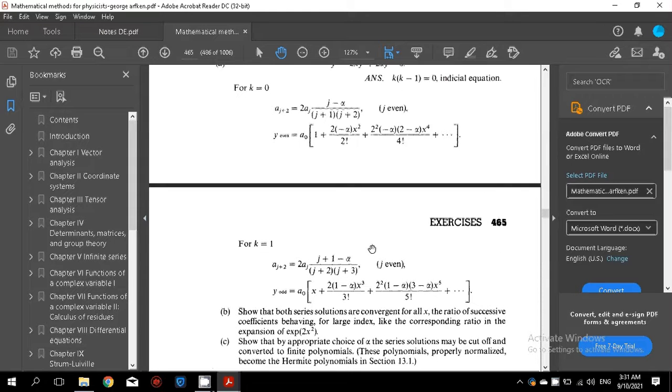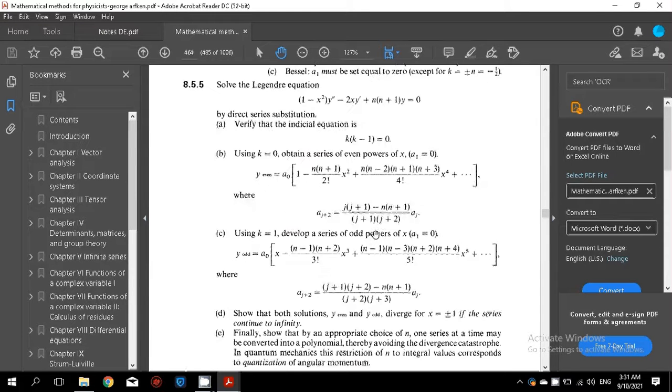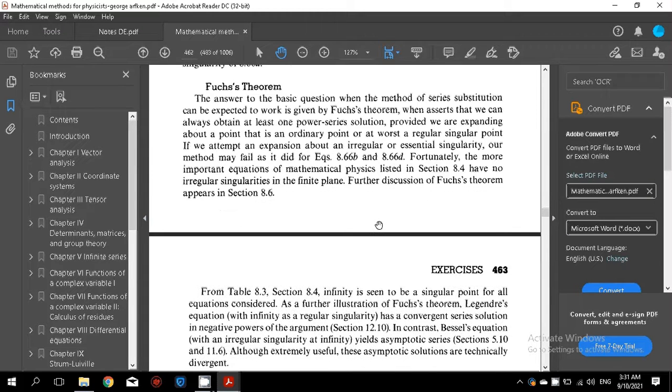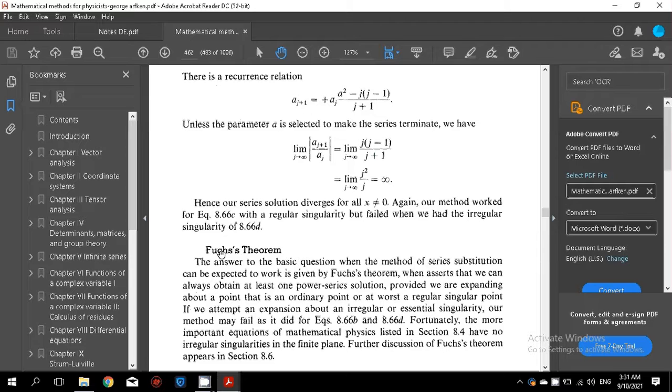You can see these concepts from my notes as well, but let me come to this theorem, Fuchs's Theorem. As I told you, sometimes we are not able to get both solutions, sometimes we are able to get one solution and the second solution is not possible, and sometimes we get both these solutions. So how do we know by looking at the given differential equation that whether